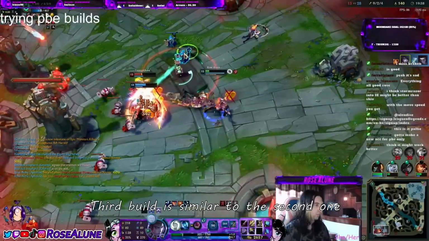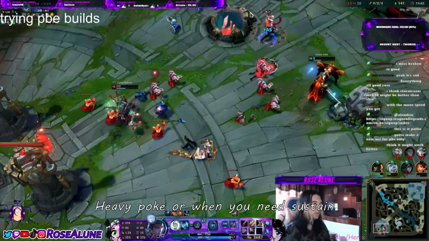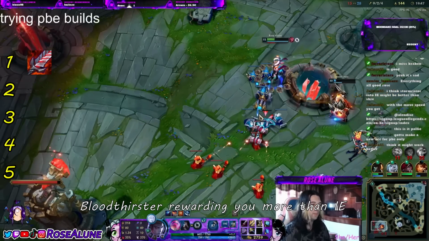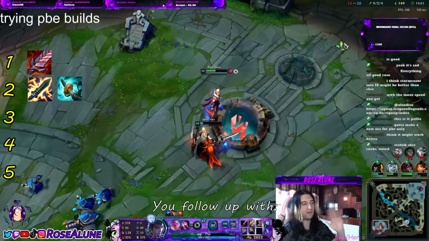Third build is similar to the second one, but I will recommend this build against heavy pokes or whenever you need sustain. We just start with Bloodthirster. Bloodthirster is rewarding you more than Infinity Edge. No matter what, you always have this sustain, and you basically follow up with Static Shiv or Storm Razor again, like the build before,